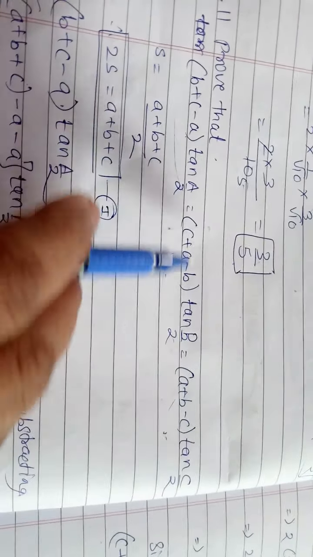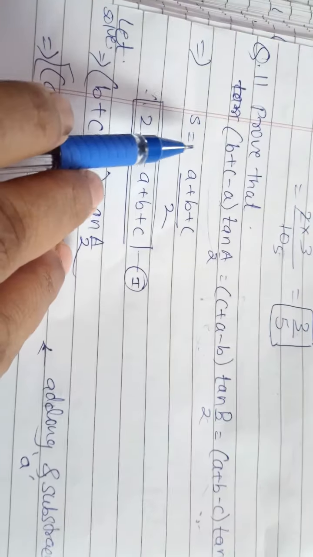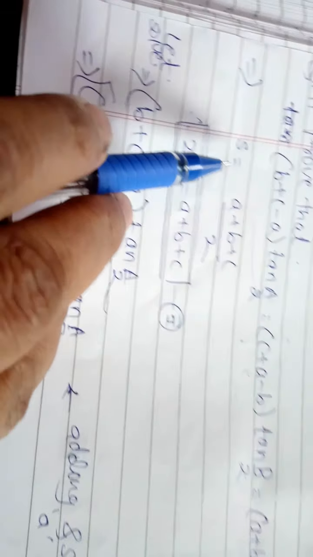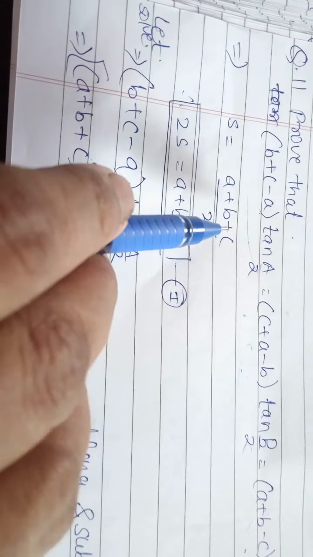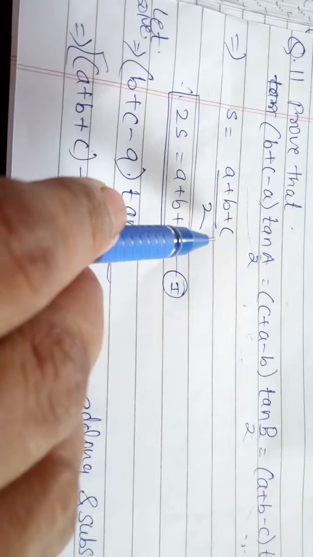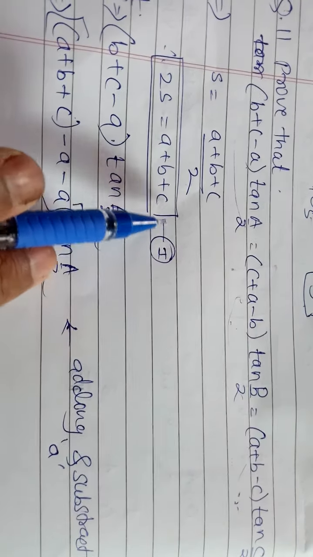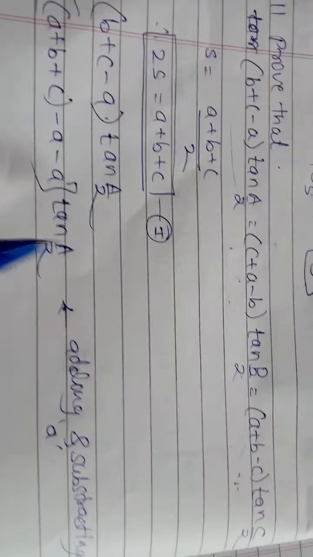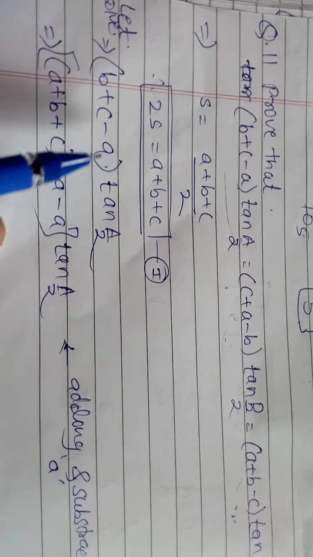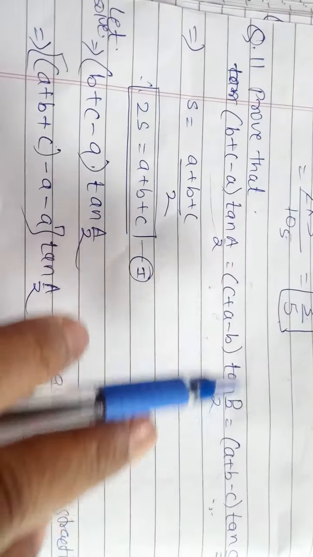So first we are going to find the answer of the first term. For that you know the semi-perimeter formula, s is equal to (a plus b plus c) upon 2. So moving this 2 to this side, we get 2s is equal to a plus b plus c. We have to use this in the example, so we find it first. So we have to find the value of the first term now. The procedure for finding the second and third terms is the same as that of the first one, so see carefully.